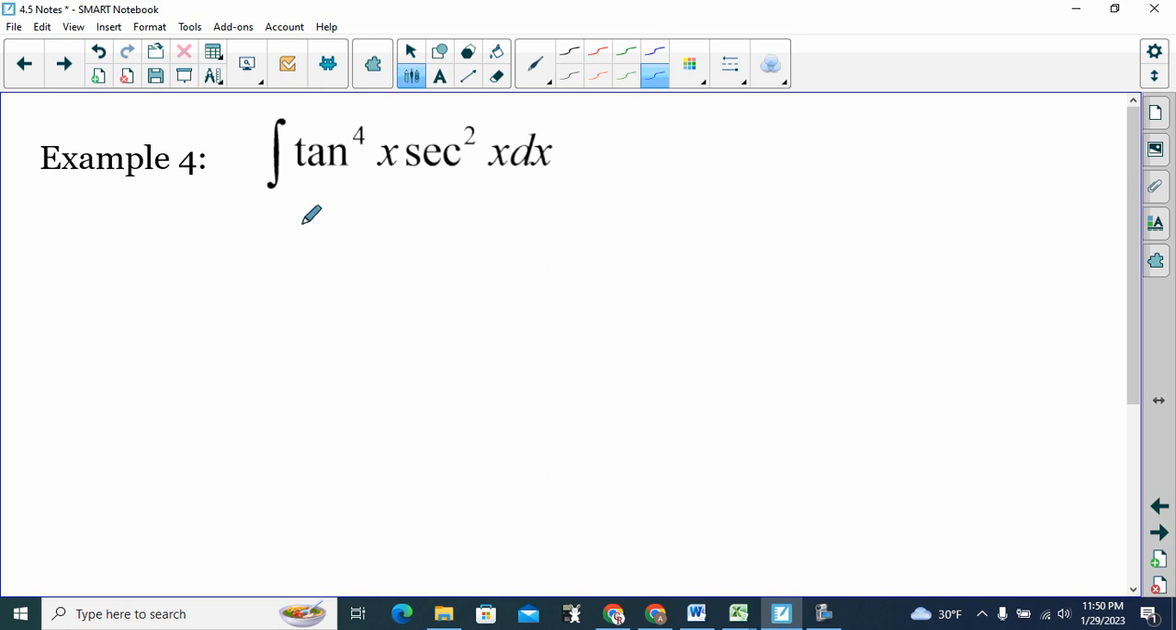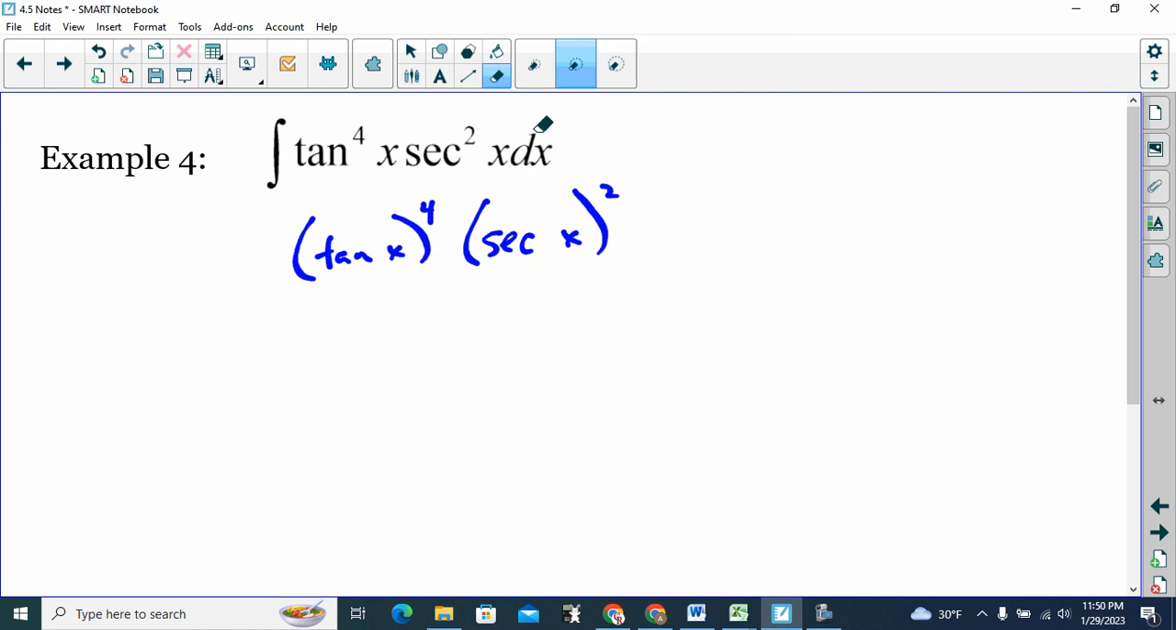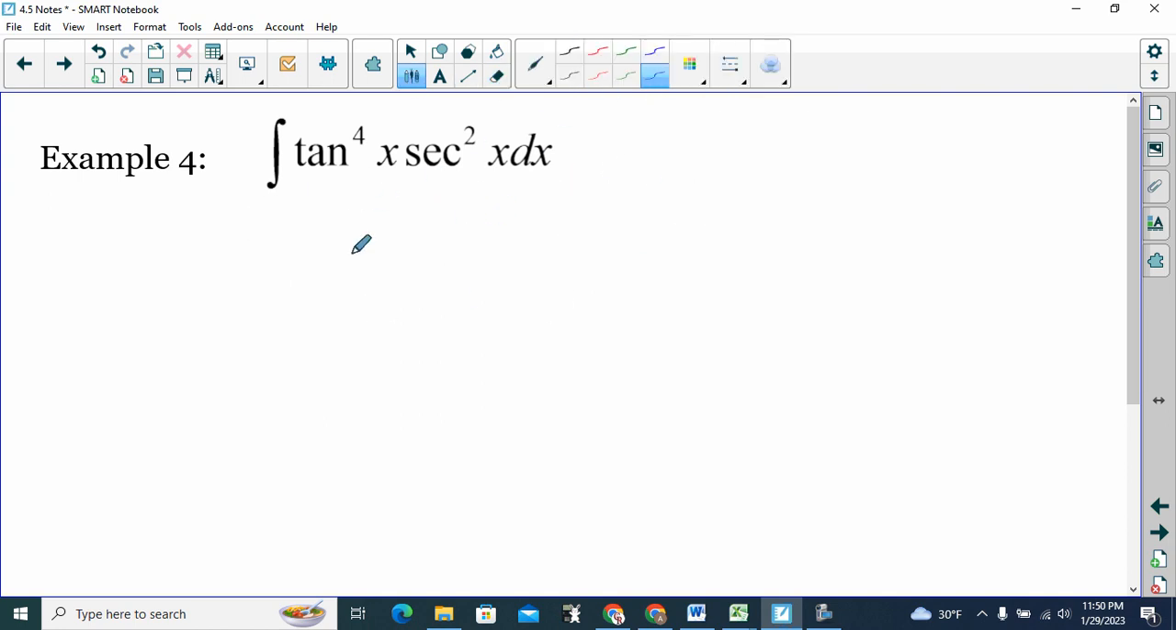Remember, tangent to the 4th x is the same thing as tangent x to the 4th, which now looks a lot more like what we've done on the previous ones. Or secant squared x, it's the same thing as secant x, all squared. So try something. We've got tangent x and secant x. If we make u equal to tangent x,